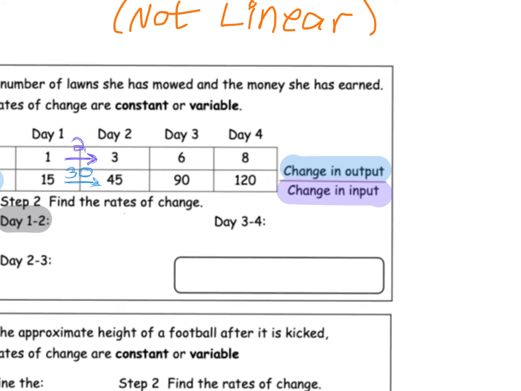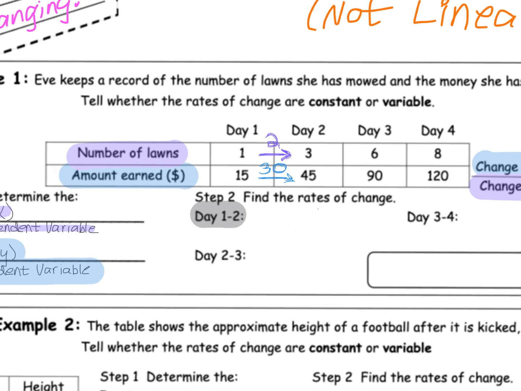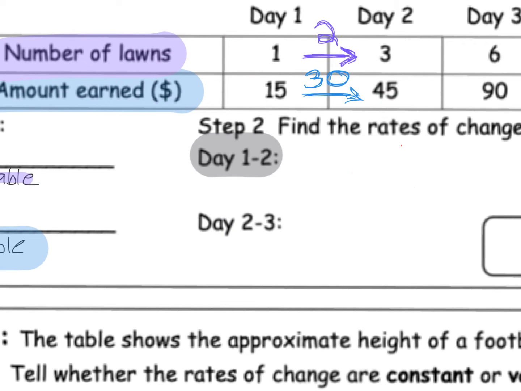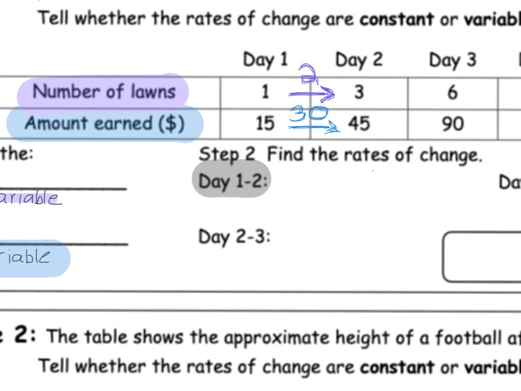And typically you're more worried about the dependent variable, right? Like, what's the point of her doing this lawn mowing in the first place? It's because she wants to earn money. So the money that she earns is the most important factor here, which is why it's going to go on the top, in the numerator. So it's actually going to be 30 over 2. And I'm going to simplify this by dividing both of them by 2 so that I get 15